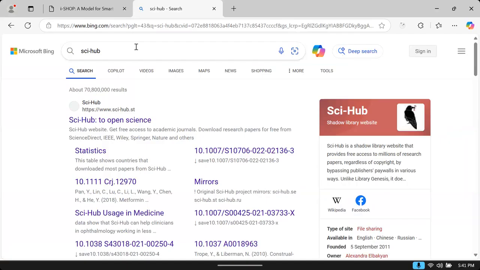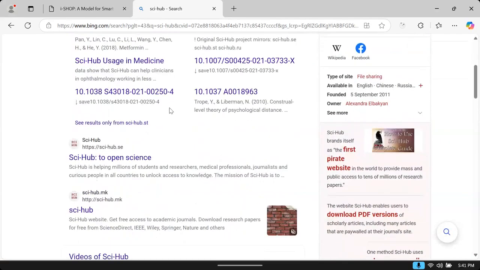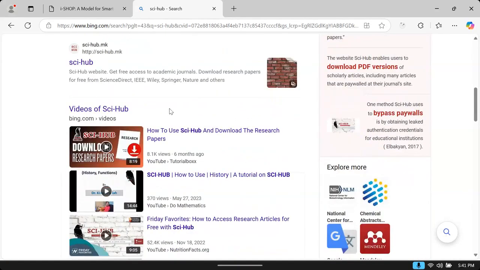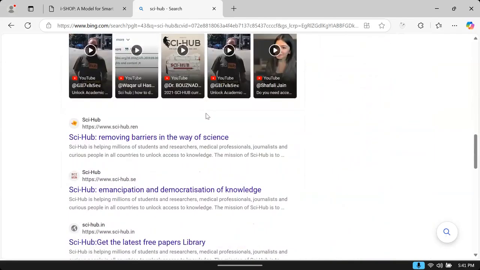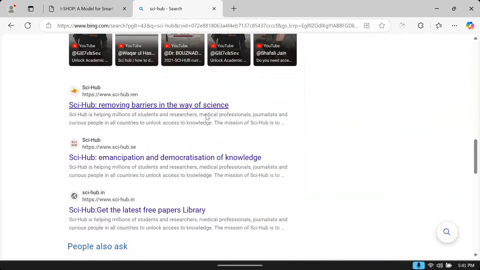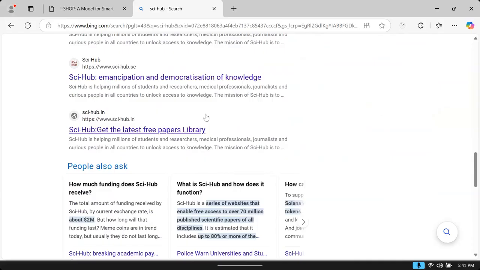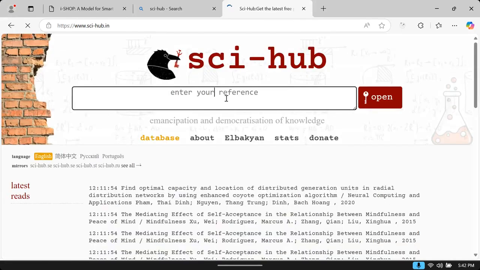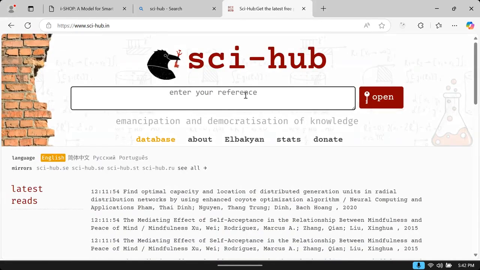But this is risky to use, because this SCI Hub is one hacking website. You can hack any document, any link from here, but it is risky to use. So cautiously you have to use this.